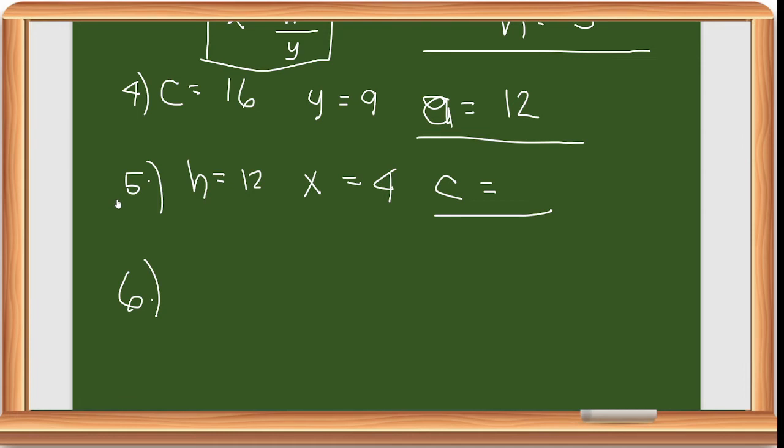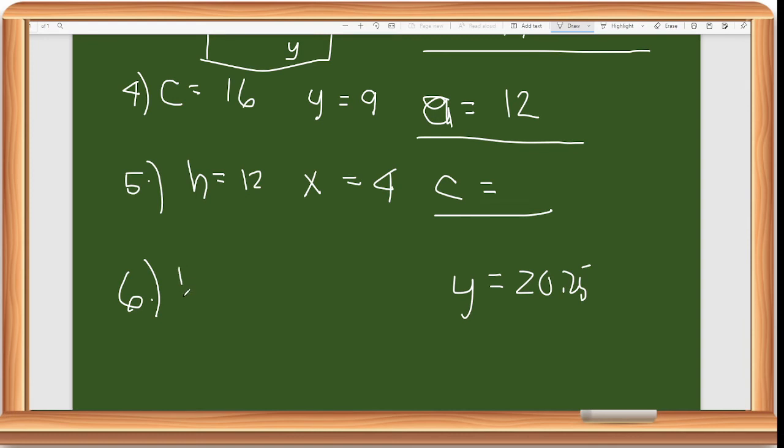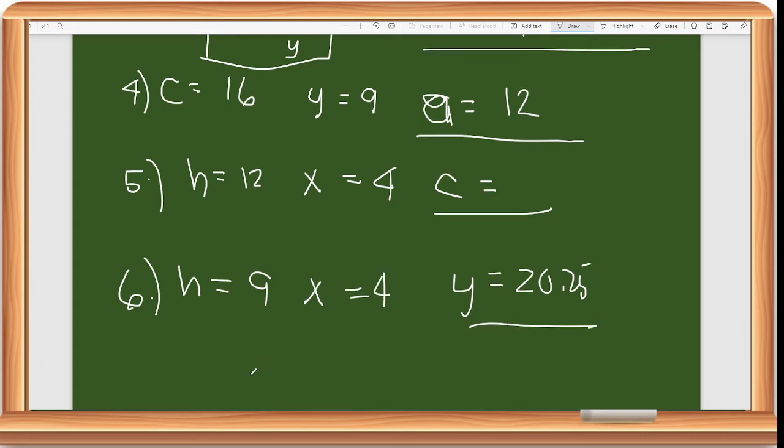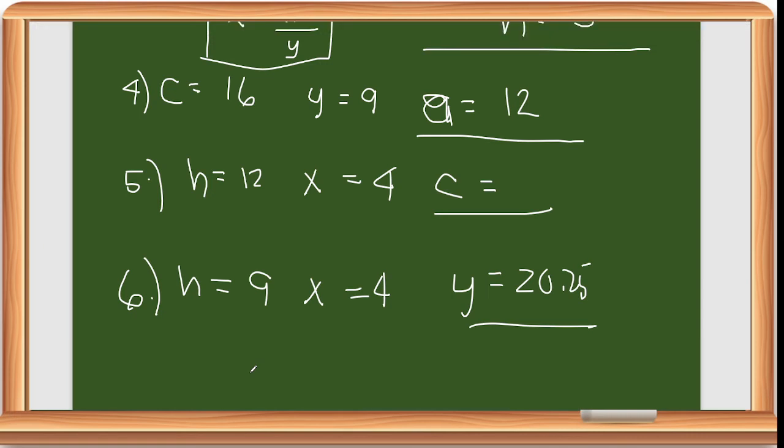Okay, so I know yung iba masasagutan din to. Christian, very good. So, kung hindi pa tapos ang pagko-compute nyo, it is actually 20.25, no? Your y is 20.25, if your h is 9 and your x is 4. Okay, sabi ko nga yung fill in the blanks lang kung alam mo na yung original formula, no? So, okay lang yon. Kung ang gusto mo lang alalahanin is the original formula wherein you know that h is